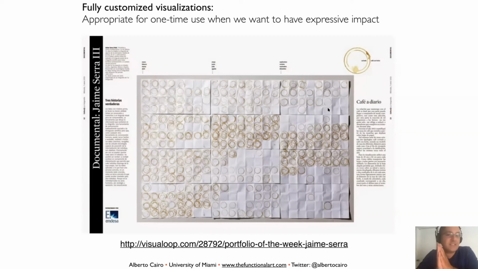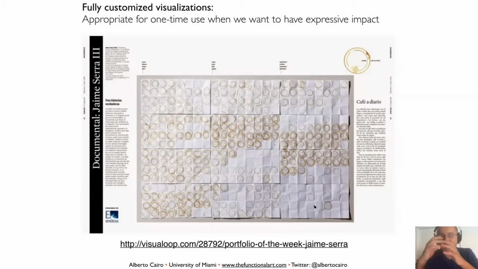And even if this is not analytical, I can still see patterns. I can still see, for instance, in this month, he was drinking a lot of coffee. In December, he barely drank any coffee for some reason. Maybe he was on vacation. I don't know. I'm not drinking coffee. So you can still see the little stories that hide behind the data in this specific case, right? However, let me rephrase that.